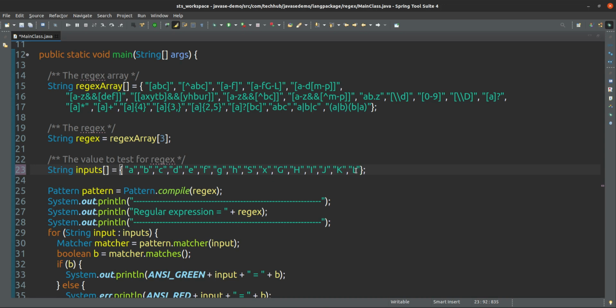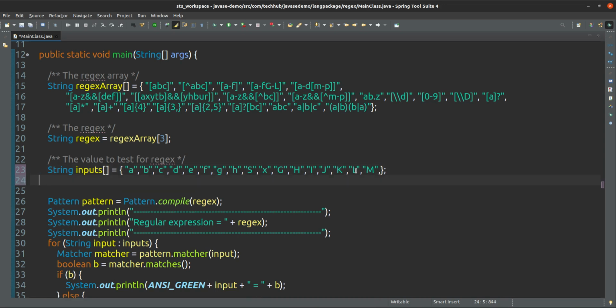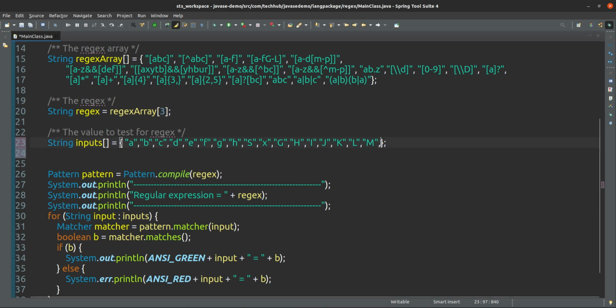But after that L, whatever is coming, like M, it will not accept, not even upper or lower.